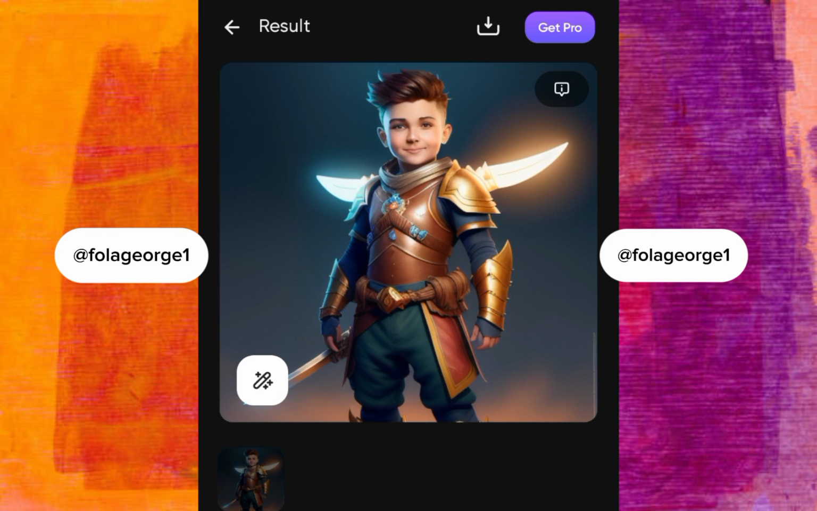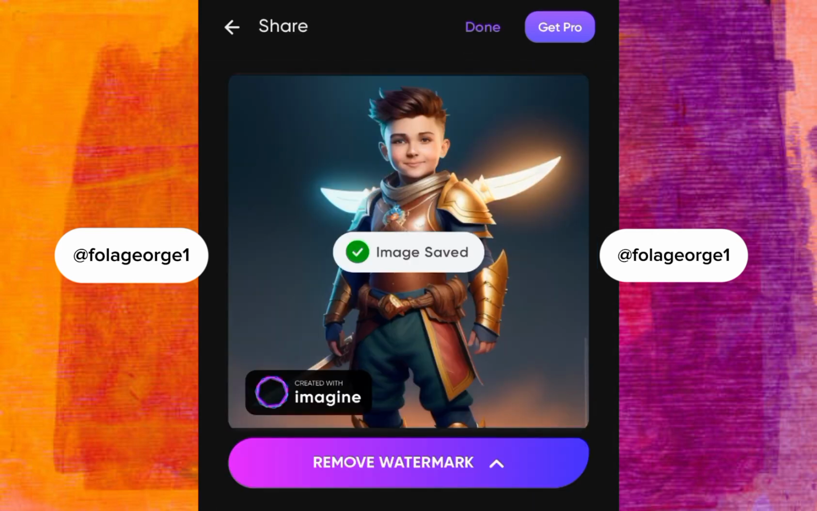So what I'm simply going to do now is to simply download the image. So to download the image, you simply click on the download icon, right? Click on the download icon and there you go. Your image has saved